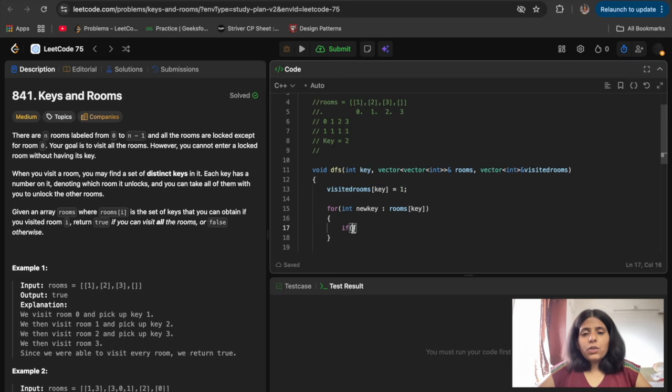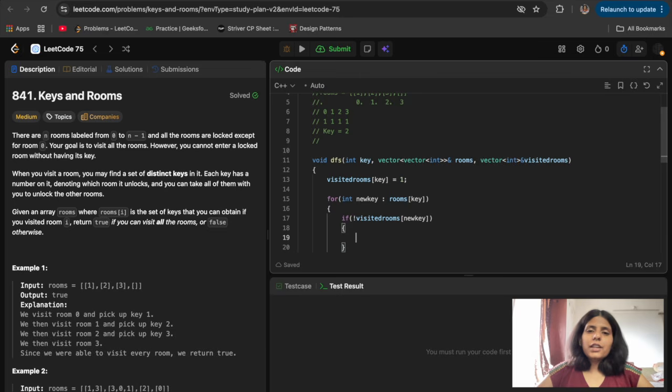If that room was previously unvisited, then I'll go. Otherwise there is no point going there, because if I already visited it, it can be possible that room 1 has the key of room 3 and room 1 has the key of room 2 also, and then when I enter the second room, it also has the key of the 3rd room, so I don't want to visit the same room again and again.